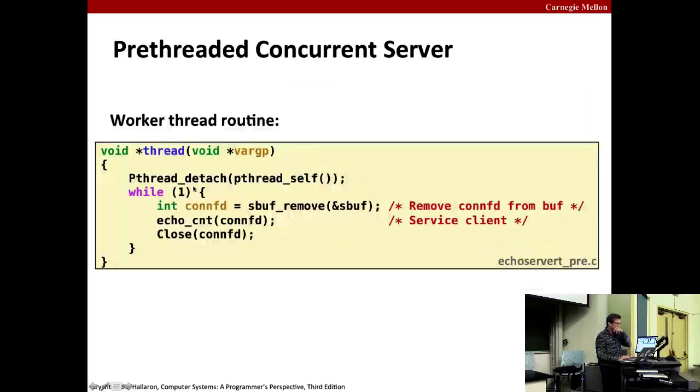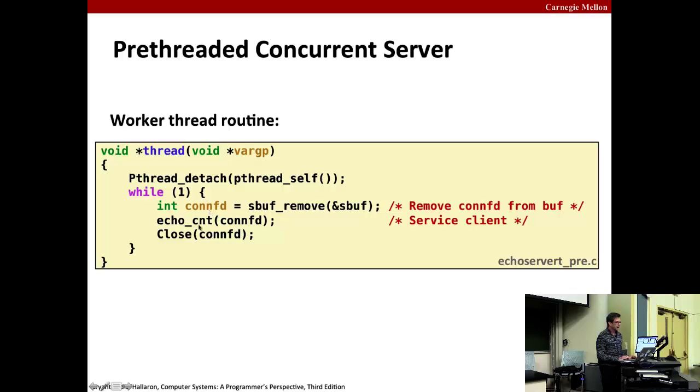Now the thread routine first detaches. Okay, so this is a case where we don't want to run joinable because we're never going to join. We're never going to wait for these threads or have any reason to kill them from the main thread. So now this worker thread, in this infinite loop, each iteration removes an item from the buffer. So it blocks until there's an item that it can remove from the buffer, and it sets it to this local variable